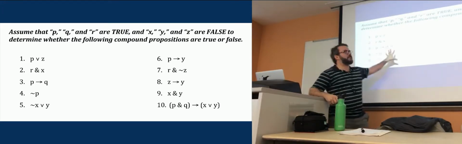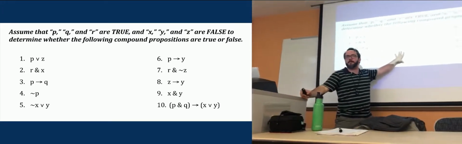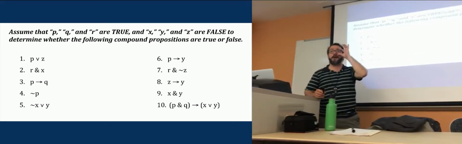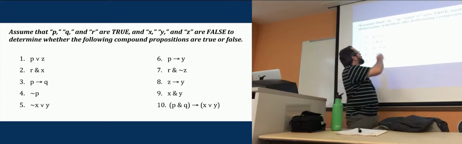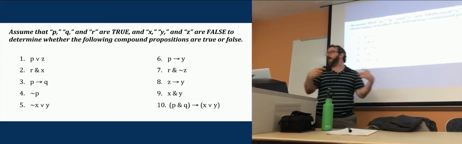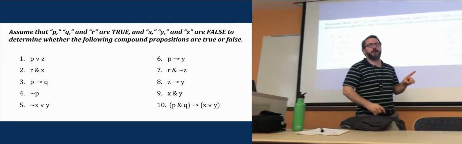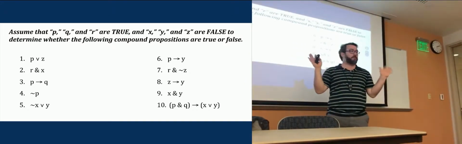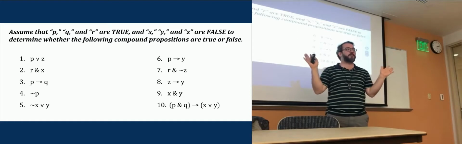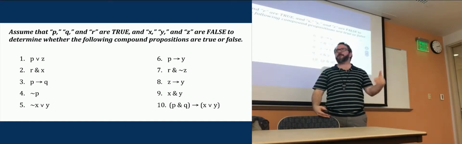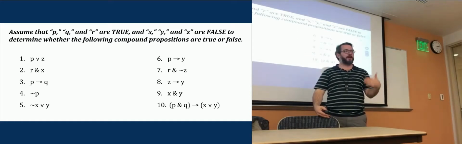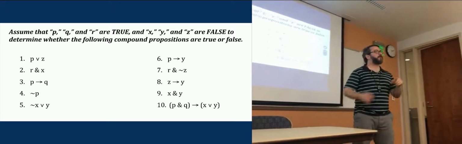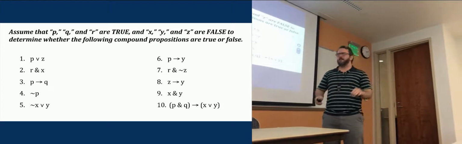We're going to be digging a little deeper into this today, looking at how we handle this in scenarios where I haven't been told that P, Q, and R are true and X, Y, and Z are false. I'm going to be looking at scenarios where I have no idea whether my simple component propositions are true or false, and so I need to consider every conceivable scenario. I need to consider all of the possible combinations of truth values for all of my simple propositions. For example,